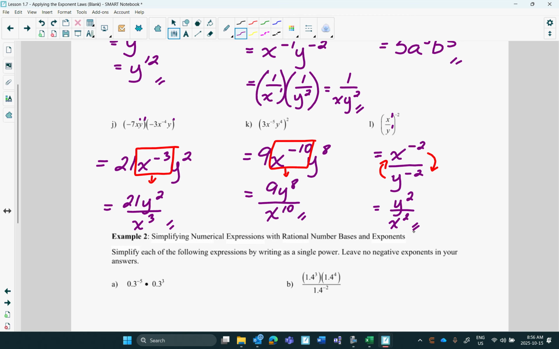I'm going to stop there right now, okay? Because I think it's important that you get some practice with this on your own now. How to know which exponent law to use, how to change any negative exponents to positive. Okay? Tomorrow we'll start looking